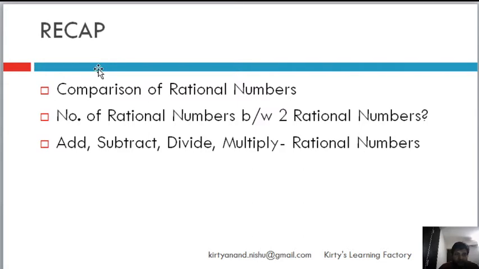We followed the principles of integers. If it was a natural number we multiplied in that way, if it was a whole number we multiplied that way, if it was an integer we multiplied likewise, and if it was a fraction we did that. So the whole game was that we multiply it like a fraction, an integer, a whole number or a natural number, and we follow the sign principles of integers that I had explained in my integer multiplication, division, subtraction, addition chapters.